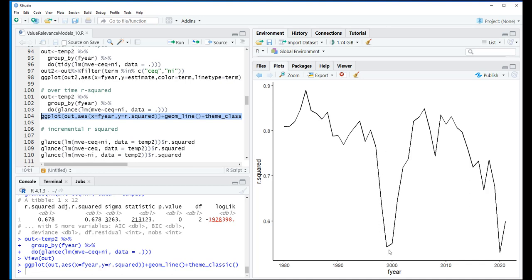When it went right up before the big bubble burst, it went down a lot. So this is sort of the idea that people stopped paying attention to accounting information and were valuing companies based on other things. And there's some evidence that it was irrational. Then we have something that sort of equalizes and then it crashes again, right? So it goes down, but overall sort of this downward